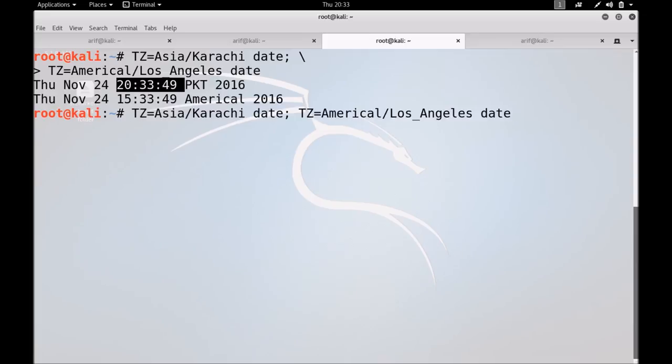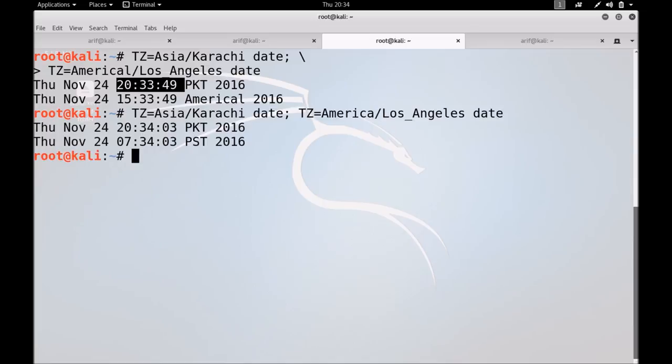Oops, let me correct the spelling of America. Okay. Now you can see the times in both these countries are different. You can see Pakistan is 13 hours ahead of Los Angeles. In Los Angeles it is morning 7:34 and over here in Pakistan it is night 8:34.